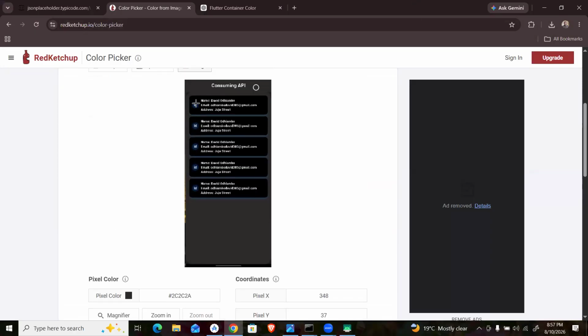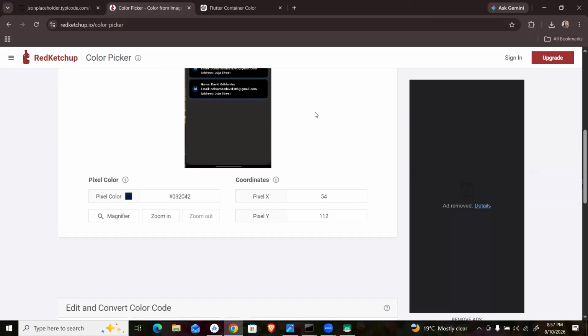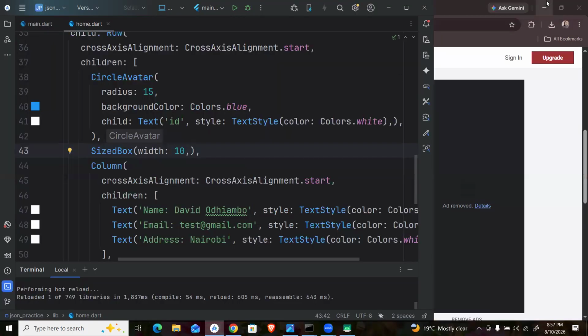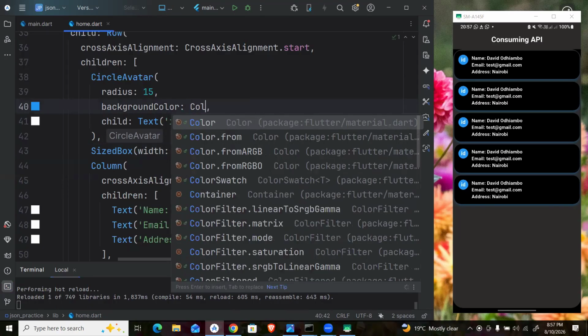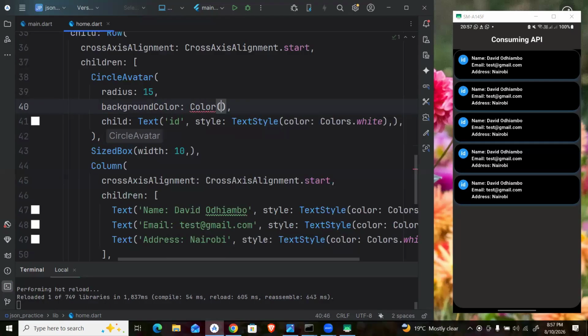So I'm going to look exactly on that, and it gives us that. So for our background color, instead of blue, we are going to use the color code that we've been given by our color picker. As we said, we prefix it with the 0xff. So when we reload that,